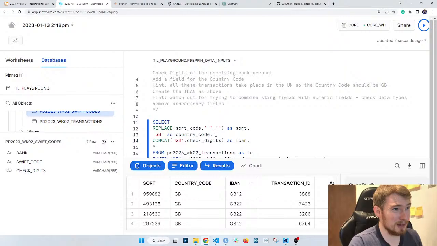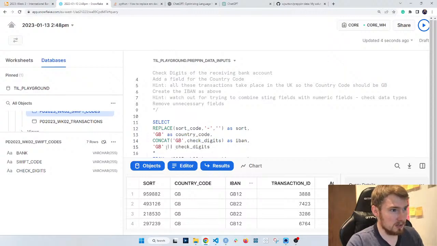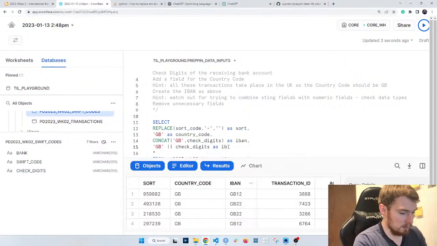There is a different way you can do this, which I'll show you. It's the more typical way for me. If you need to paste things together, it's certainly in PostgreSQL, you can use these two straight lines as IBAN2, comma.